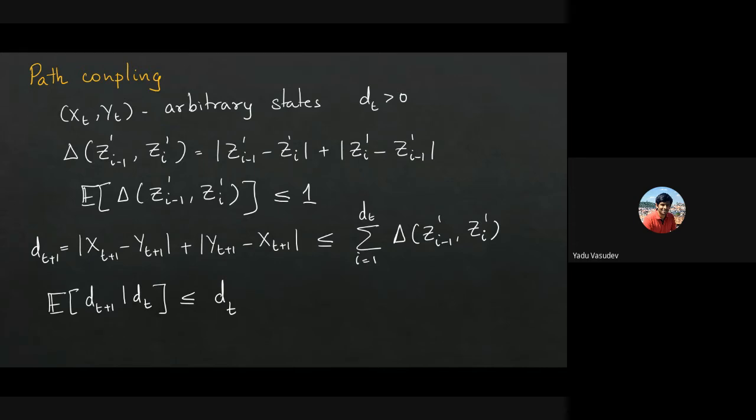The only problem with this proof right now is that if you recall the other proof that we did earlier, there was a small alpha sitting in here, right? It was dt multiplied by an alpha. This is the one that was actually shrinking the sizes, so that finally you will have a situation where you can say something like the expected value of dt plus 1 is less than or equal to something, and then use Markov. That's how we did it in the previous step. Unfortunately, here that alpha is missing, right?